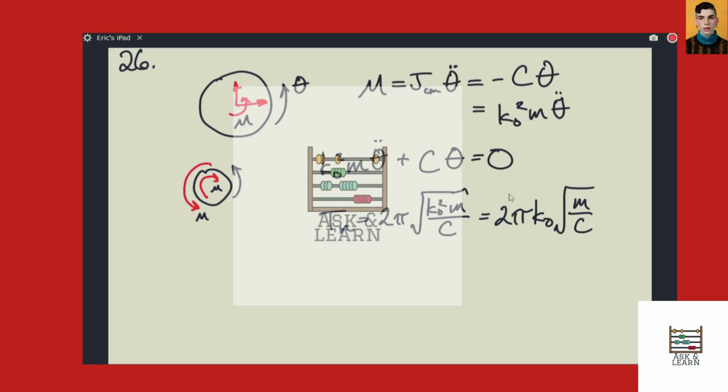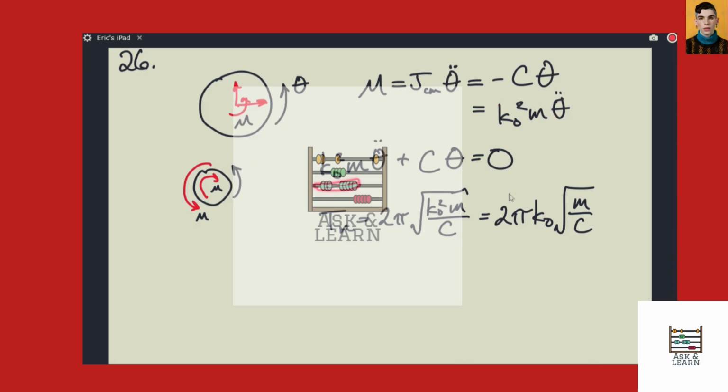And in fact, one way to think about this is that this moment should always resist rotation. So if I wanted to use a positive moment in the equation, I need to draw this in the opposite direction so that this moment is resisting rotation, so that we have our minus sign here. Either way, it's the same thing. It's just a matter of internally using a sign convention that will cancel out in the end. So if we know the radius of gyration, we know the mass moment is this,